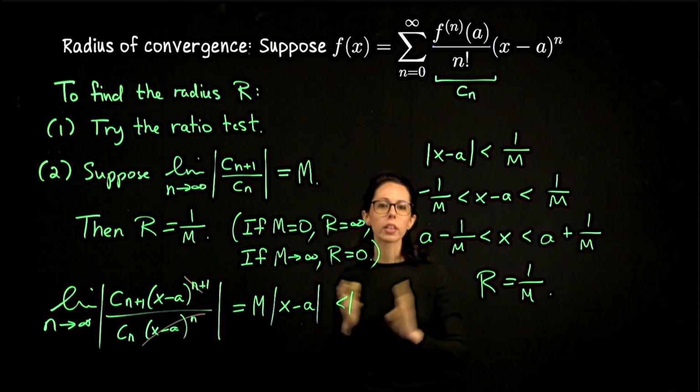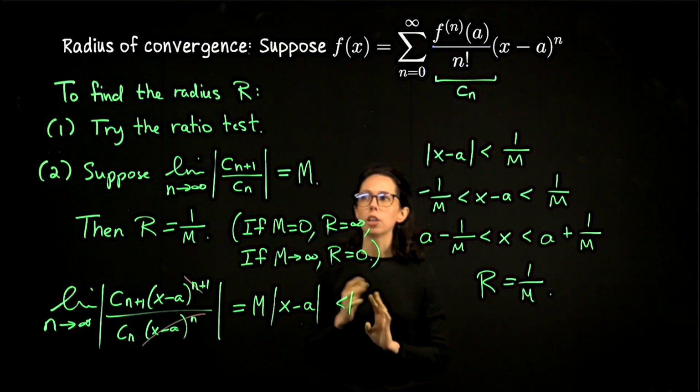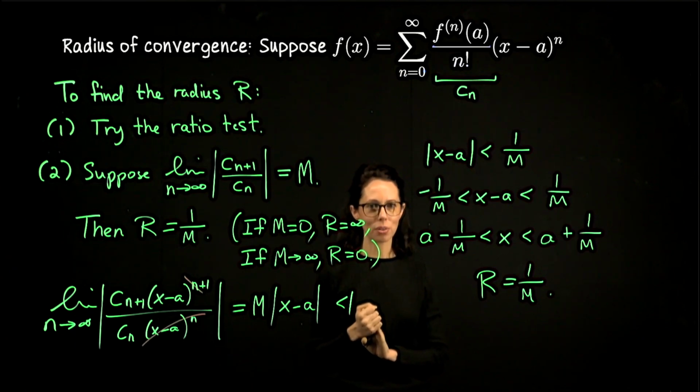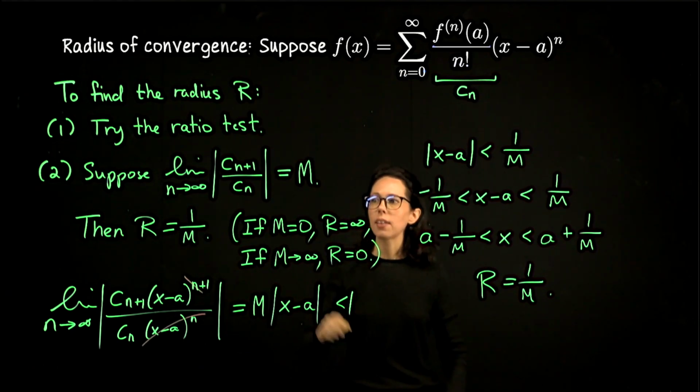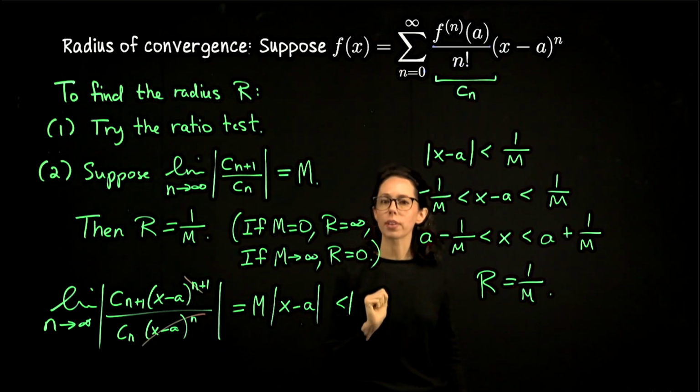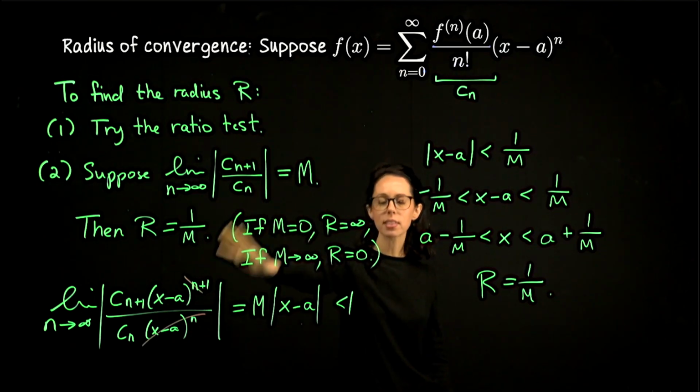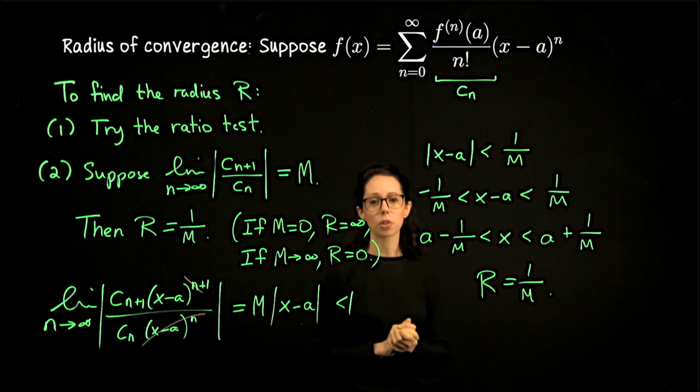Okay, so that's just a quick look at radius of convergence. There's nothing really new here. It all kind of comes back to the ratio test. So if you're comfortable with the ratio test that you've been using, you can stick with that. If you like this idea of just looking at the ratio of consecutive coefficients and finding out if this limit exists, then you could try this approach as well.